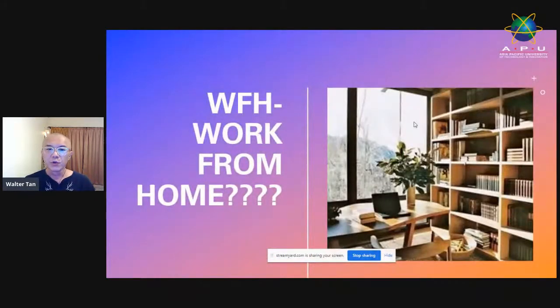Now, you will hear this kind of word, WFH, work from home. I think Google or some companies allow the staff to work from home for the rest of their lives. And in offices in Malaysia, they only allow half of the workforce, then half work from home. So they will take turns to go to the office. Sometimes they work from home, and half of the time they work in the office,